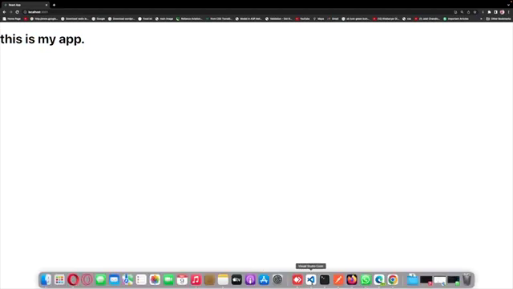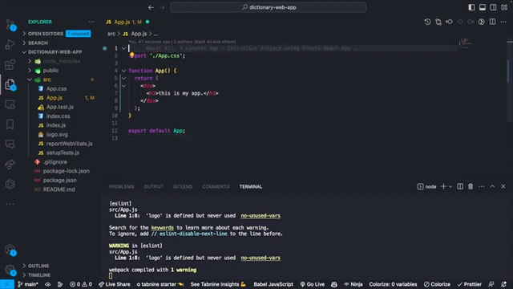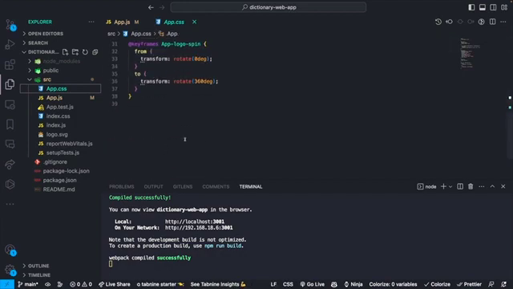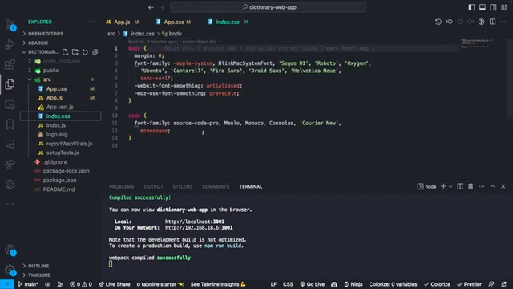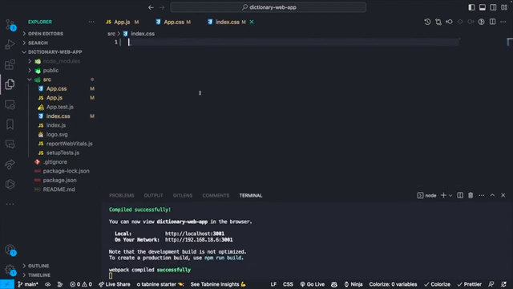So what we're going to do, I'm going to do some cleanup. So we don't need this guy. We don't need all this App.css and all this code. And we can also delete this. We don't need it initially. And now we will make some default CSS in index.css. Let's see how we can do it. So we'll have